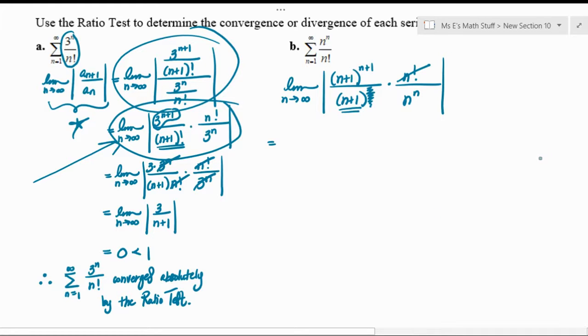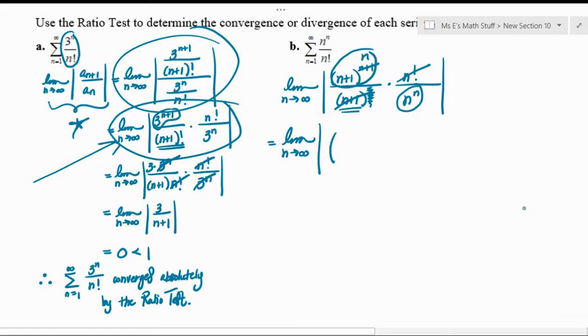Okay, and then the n plus 1 that's left would cancel with n plus 1 to the n plus 1. So this n plus 1 would cancel out one of those, and you just have n plus 1 to the n. So what would I now have? I'd have the limit as n approaches infinity of the absolute value of n plus 1 to the n over n to the n,